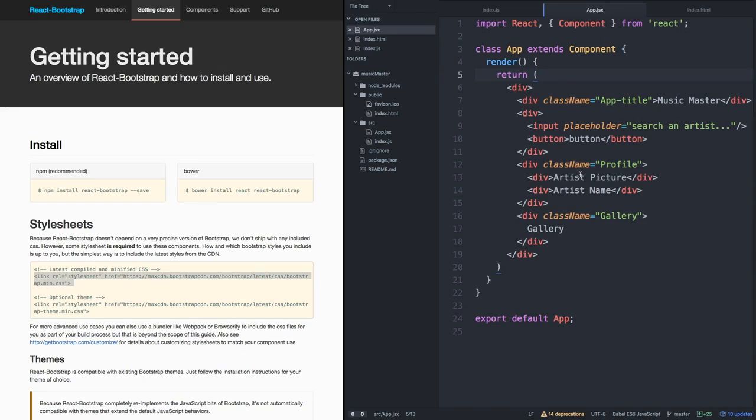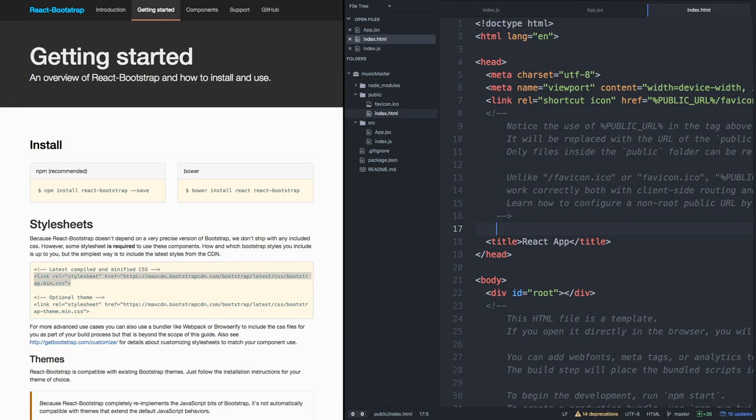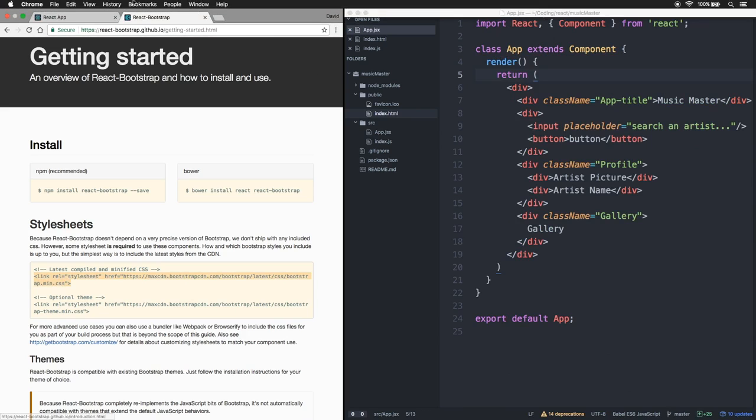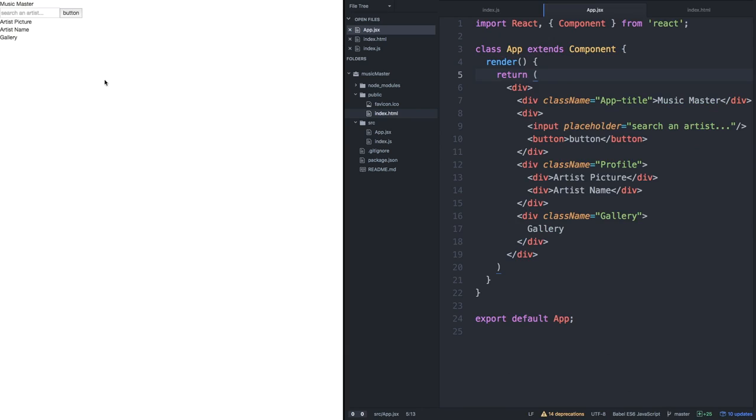Before we do anything else, we can already clean the styling of this application by including the minified CSS file from React Bootstrap. Navigate back to React Bootstrap's Getting Started page and copy the link of the latest compiled and minified CSS file. So I'm going to copy it, navigate back to public/index.html, and include it above the title. And already we should see our app update with some new styling, the font change, as well as the input